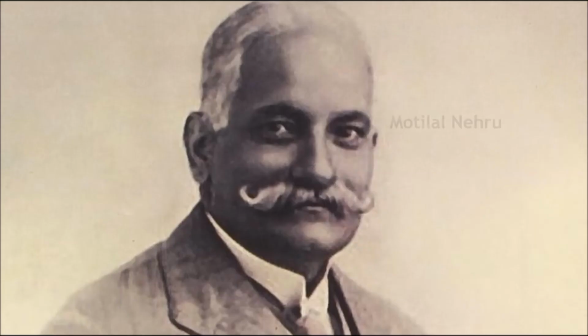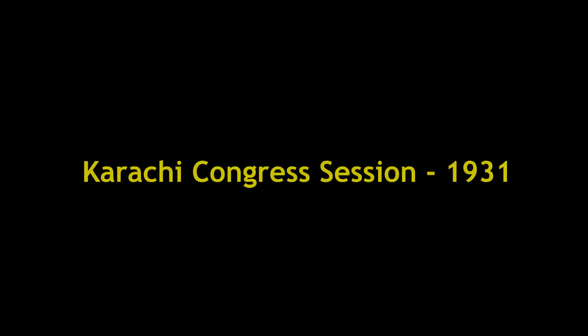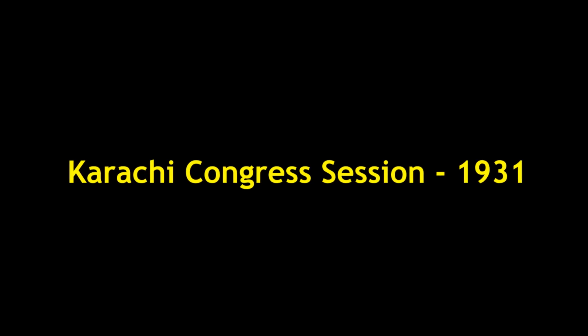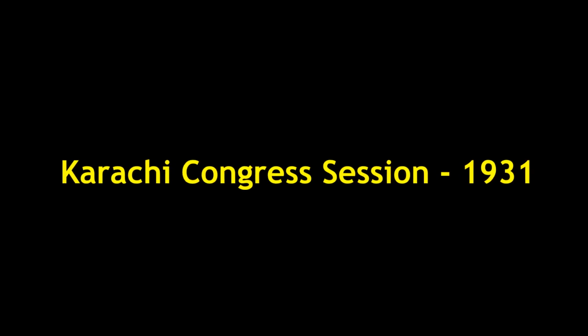In 1928, Motilal Nehru and 8 other Congress leaders drafted a constitution for India which was called the Nehru Report. In 1931, the resolution at the Karachi session of the Indian National Congress discussed how independent India's constitution should look. Both these documents were committed to the inclusion of universal adult franchise, right to freedom of equality, and to protecting the rights of minorities in the Constitution of Independent India.